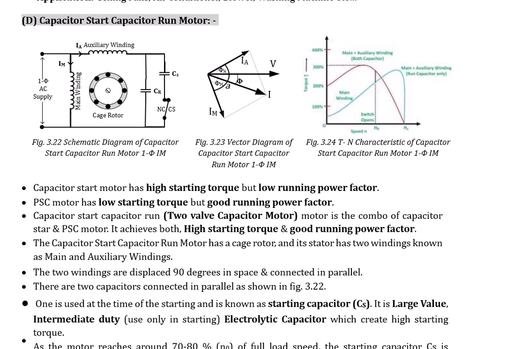In this type of motor, we have two capacitors. One is called CR, which is the running capacitor, and the other is CS, which is present only during the starting condition. So we add the two capacitors, and let's see how it affects the performance of the motor. The construction is the same, with main and auxiliary winding, but we have two capacitors, in which one capacitor is permanently mounted and the other is mounted with the centrifugal switch.